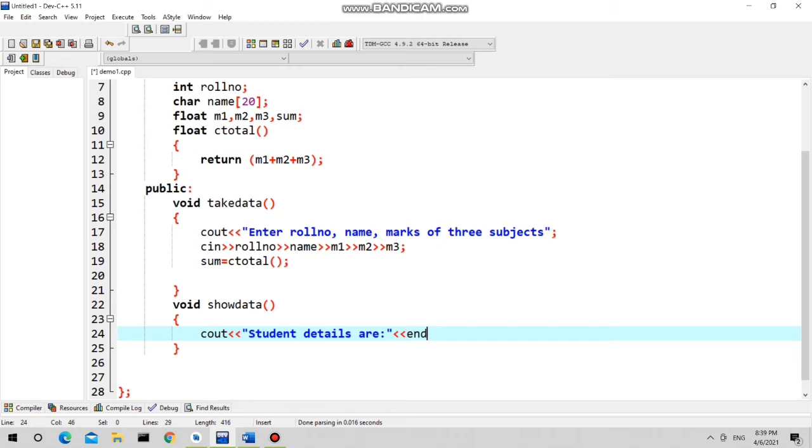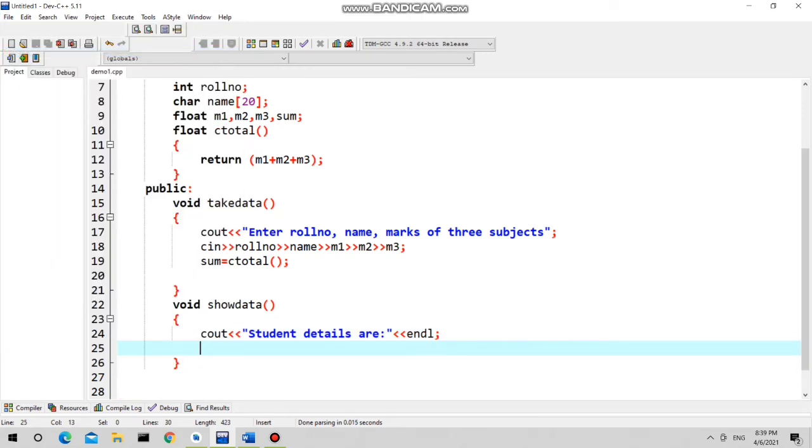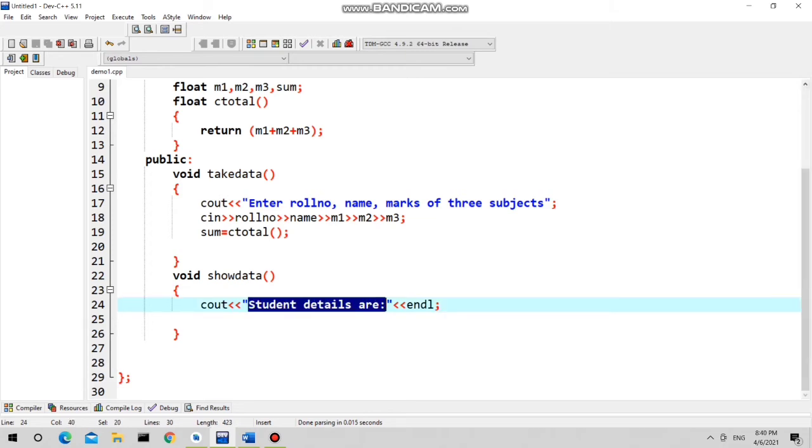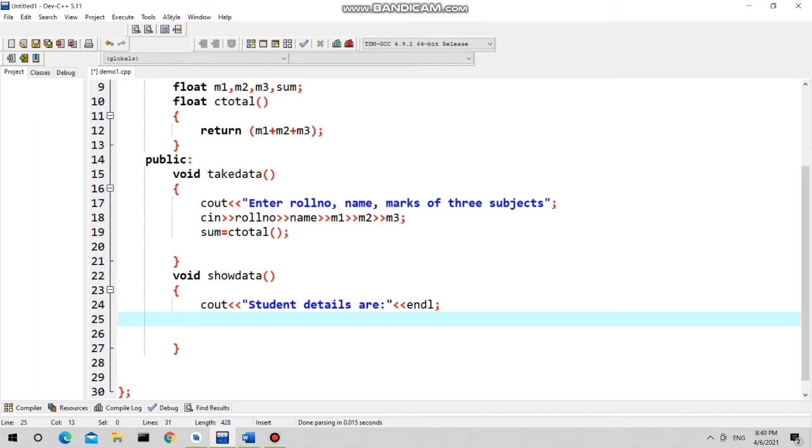Now here I'm using the endl facility which will place your cursor to the new line. So when the student details are colon, this message will be printed. Then because of this endl, it will place the cursor to the new line, which is very similar to /n in C language.